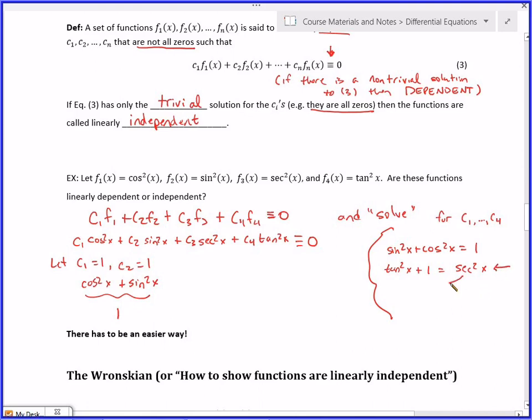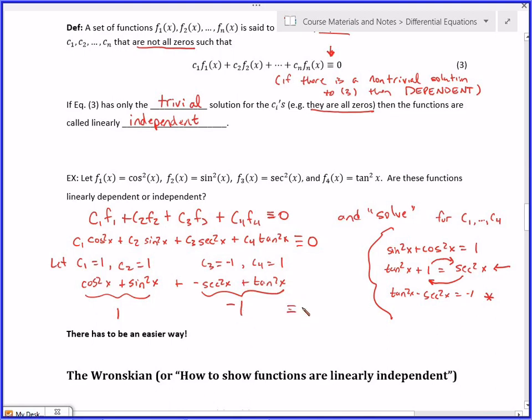If I moved him over here and him over here, tangent squared minus secant squared of x gives me negative 1. So if I use C3 as negative 1 and C4 as 1, then I'll get negative secant squared of x plus tangent squared of x, which, according to this, is negative 1, always, for all x,